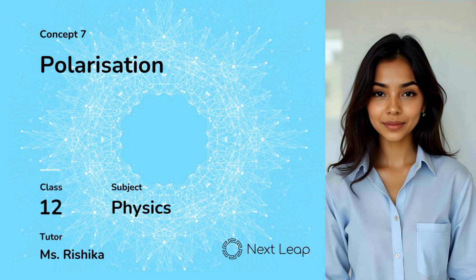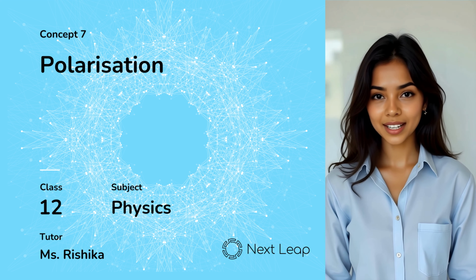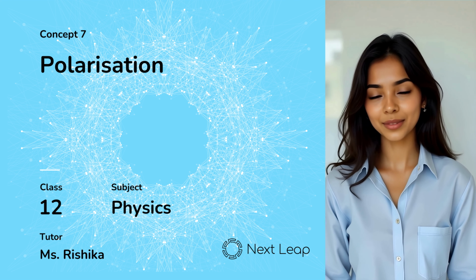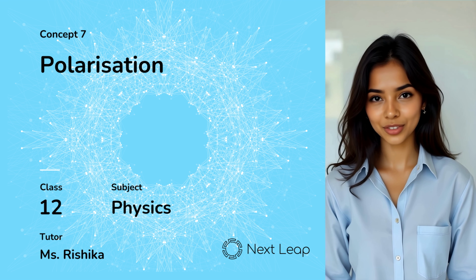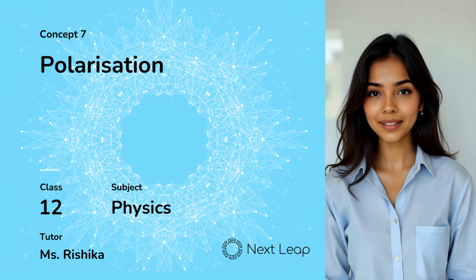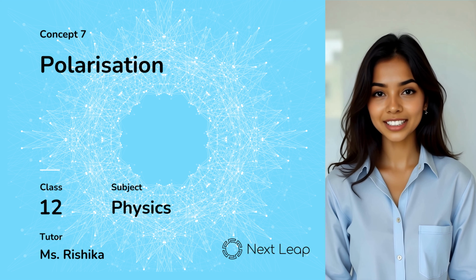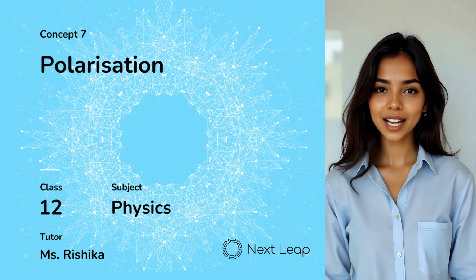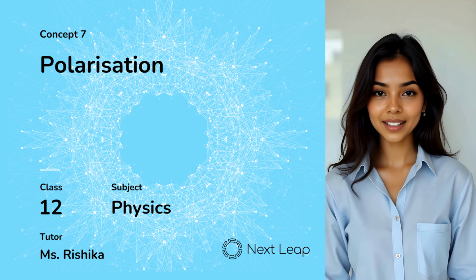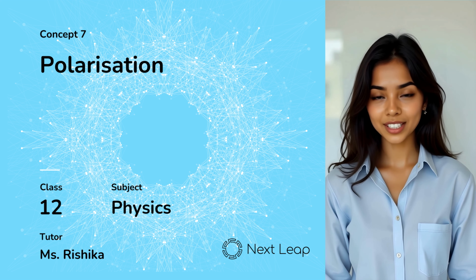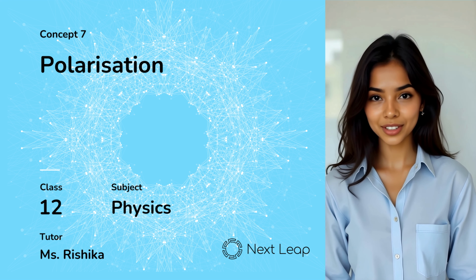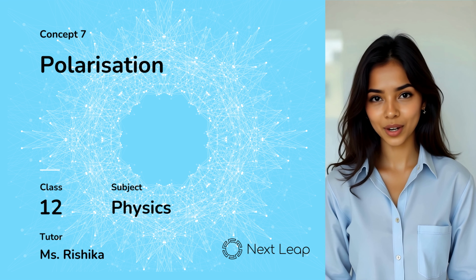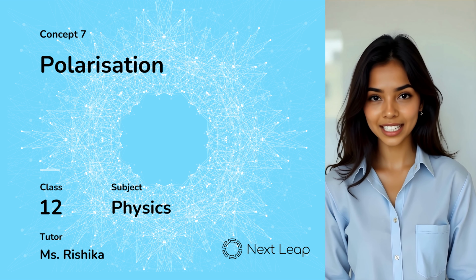Hello everyone. Have you ever wondered why light waves don't just vibrate chaotically in every direction but can sometimes line up neatly like disciplined soldiers? Well, that straighten up act is called polarization. Imagine light as a jumping rope being shaken up and down and sideways all at once. That's natural light vibrating in all directions perpendicular to its travel. Now, if we somehow restrict those wobbles to just one direction, that's polarized light.